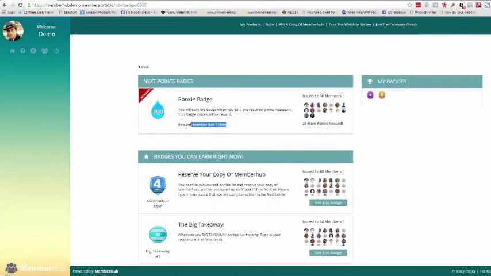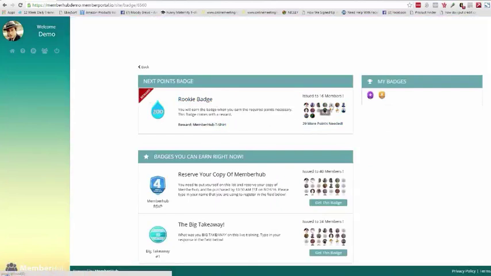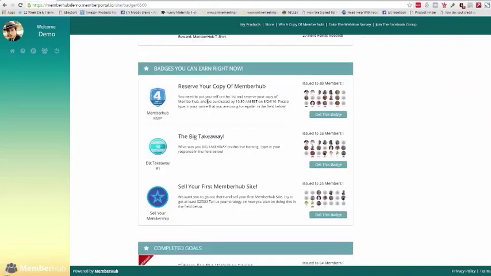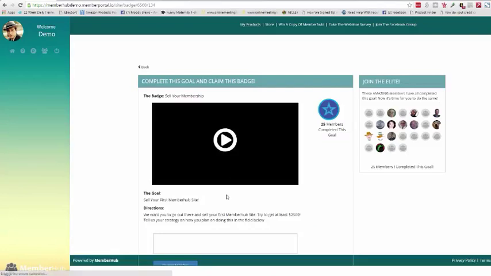And then the reward is a Member Hub t-shirt, and 16 members have already received this. Down below, you can see the badges that we can earn right now, and it's been issued to 40 members. If I click Get This Badge here, it's going to take me to another page where I have the video, and the goal is to sell your first Member Hub site, and here are the directions, and here are all the people that have earned this badge.